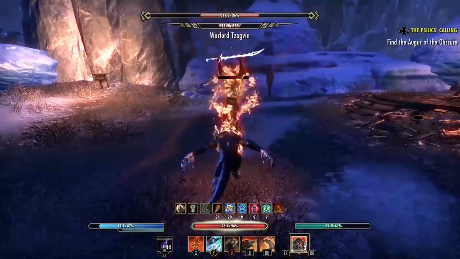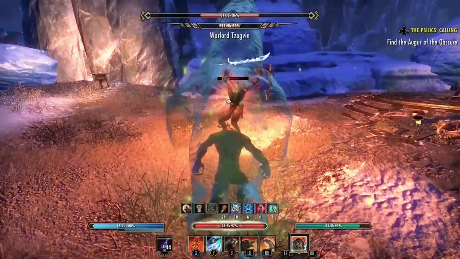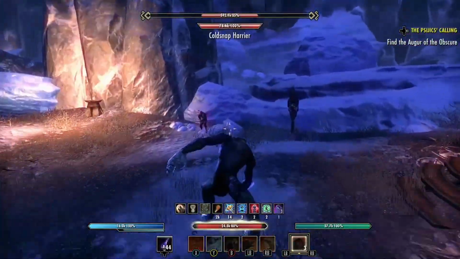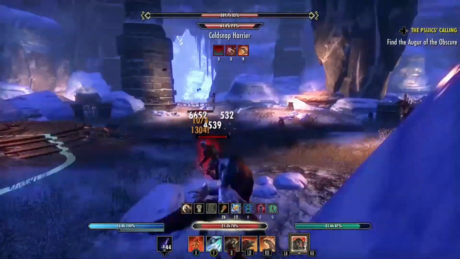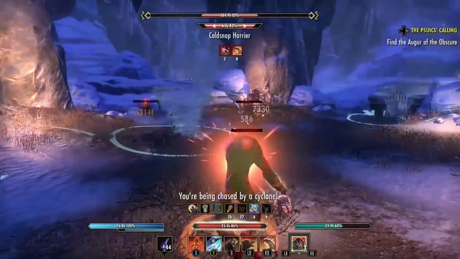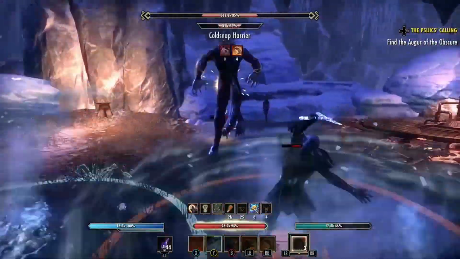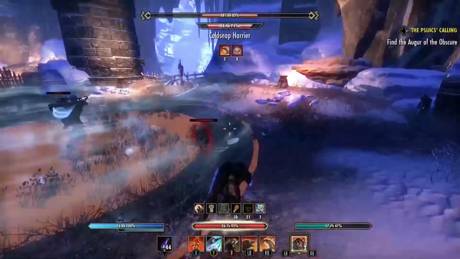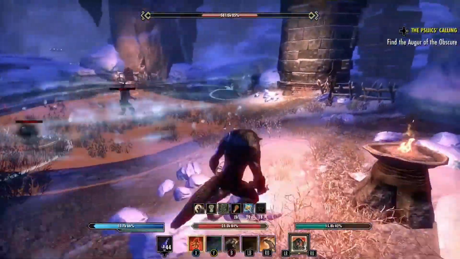So you burn him down to around 35%. And at that point, you'll see he's switched his weapon. He now has an axe, and we have a new wave of ads in the arena as well. His mechanic changes at that point to, as you can see, this whirlwind attack,